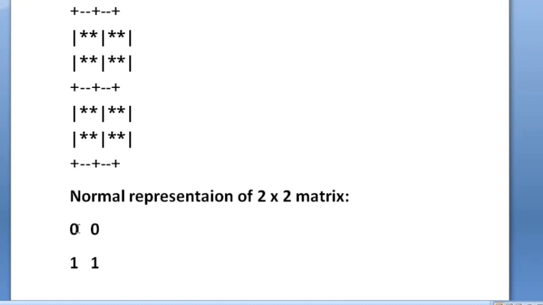So we know that this first part is these 4 asterisks, so we are just separating them with a slash. And now again in the second part there are 4 asterisks, so again we are using this slash to separate them. Now similarly for the bottom 2 parts, they are all separated with a slash between them.